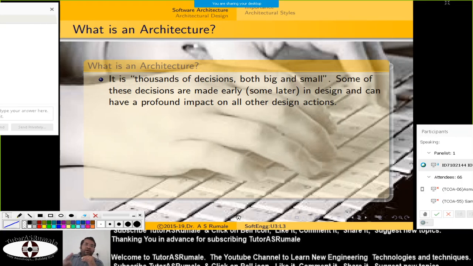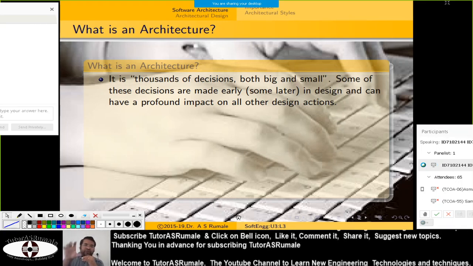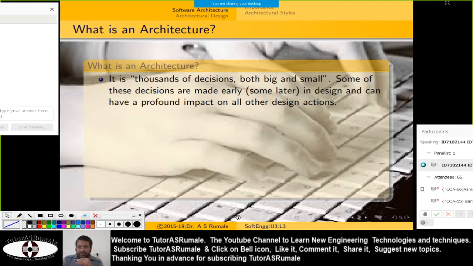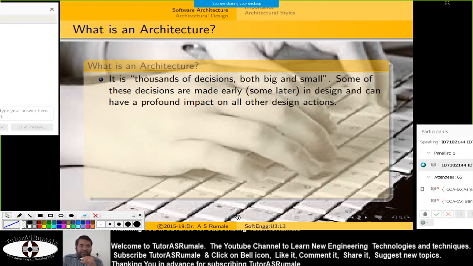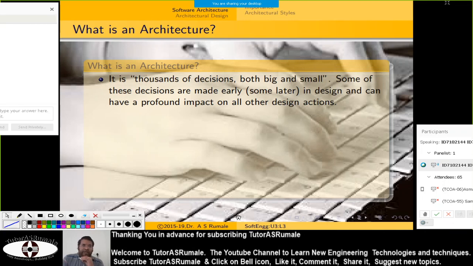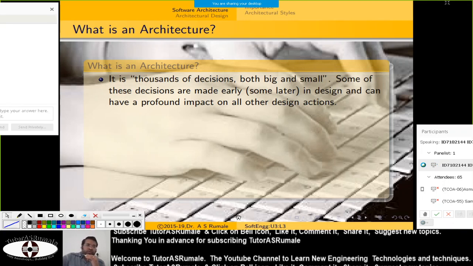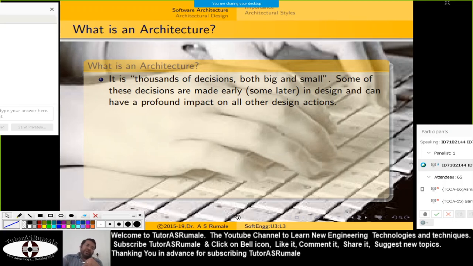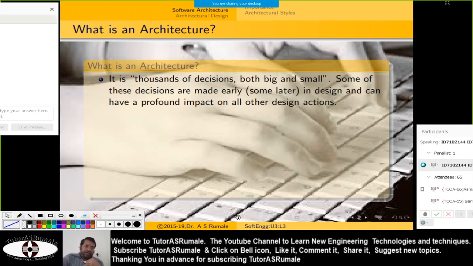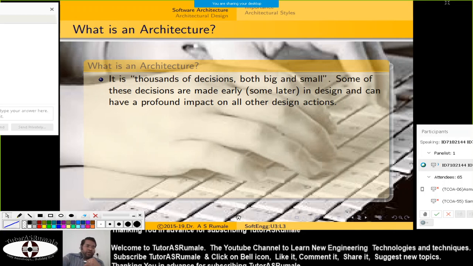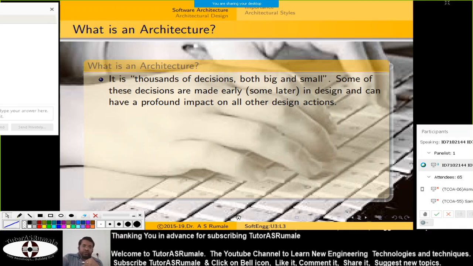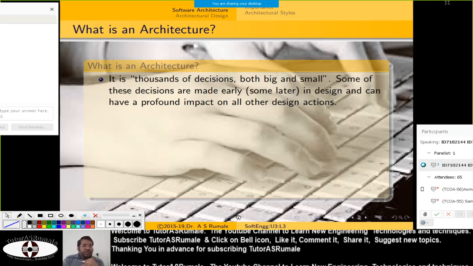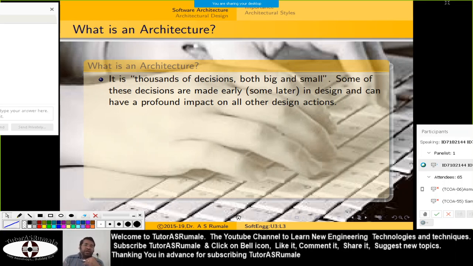even the decision that you make, what ingredients you are going to add, is the cooking. In the same way, when you say architecture, suppose you are creating a software and suddenly the customer is asking you for a database like Access, but you say no. Right now the entire system is going for the cloud, and likewise. So instead of giving him Access, let's make the database in Mongo and MySQL. So you go for both NoSQL and MySQL databases, and that is the decision. That is what we call an architecture.